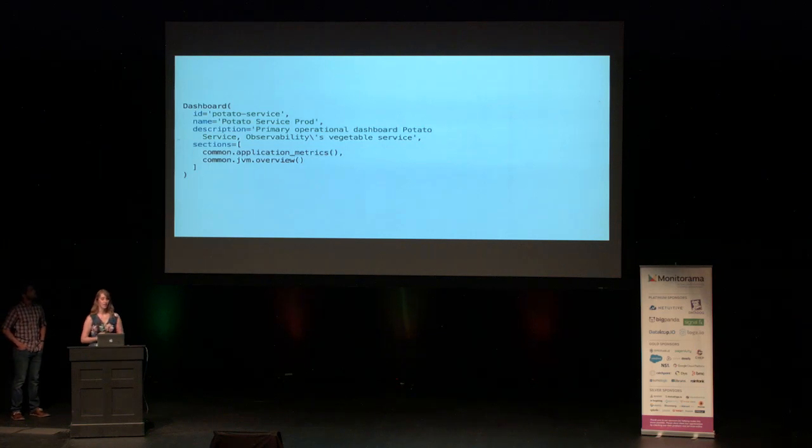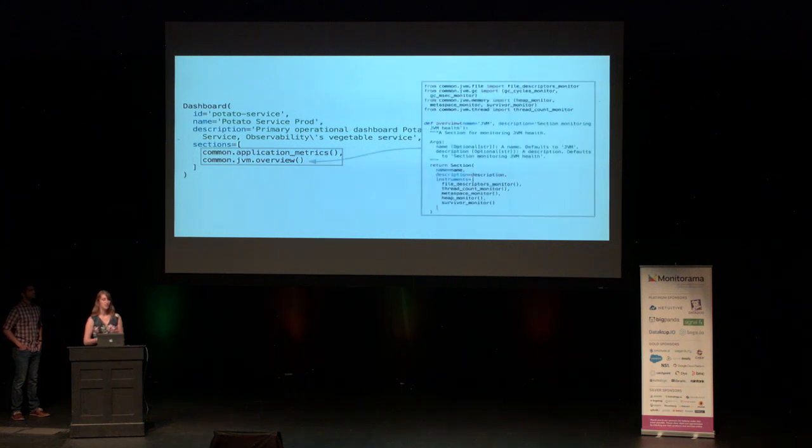Next, we reduced cargo culting by making configurations shareable. So the new configurations are written in Python rather than that janky DSL, and this gives users immense flexibility. It makes it simple for users to follow best practices. In order to do that, we created a shared library that could be easily imported. Now, creating a new configuration is as simple as importing and calling a suite of library modules. For example, if you want to monitor the JVM, you don't really need an in-depth understanding of how to monitor the JVM. You can simply import the configuration for the JVM module, and you're good to go.